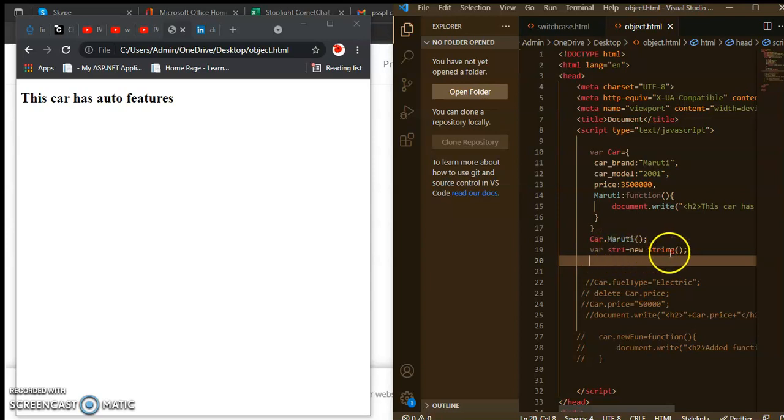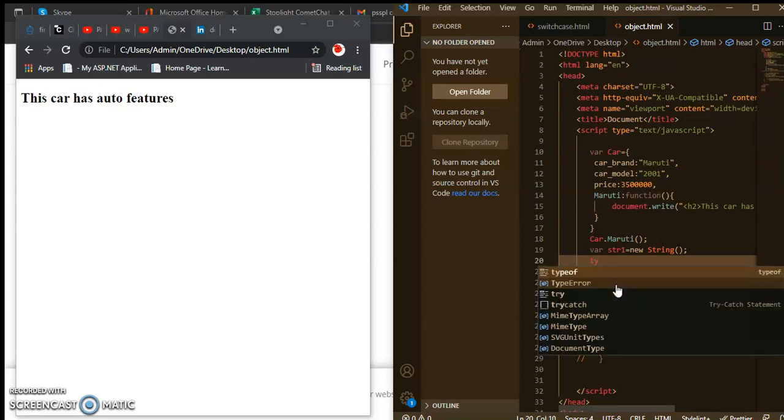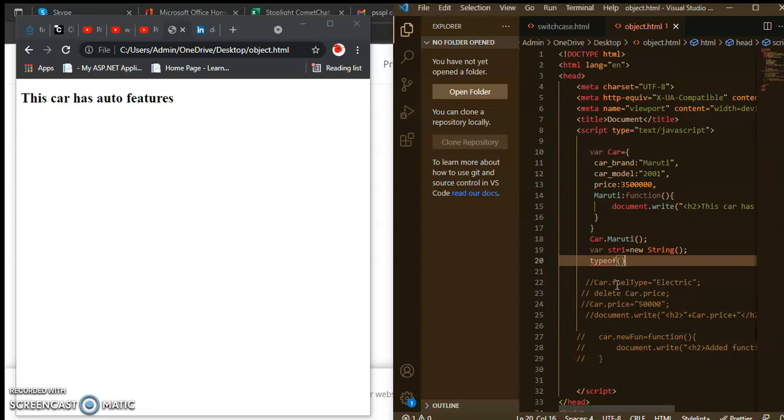We will write typeof, and inside it we will pass the object string1, and it will display whether it is an object or not.